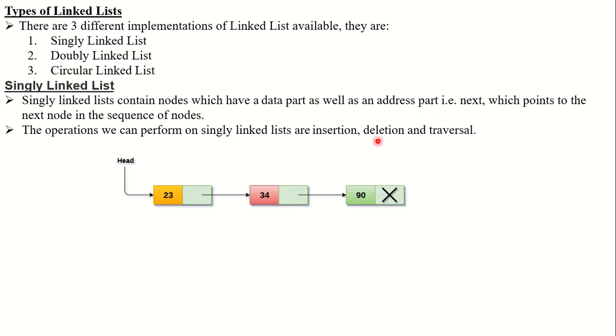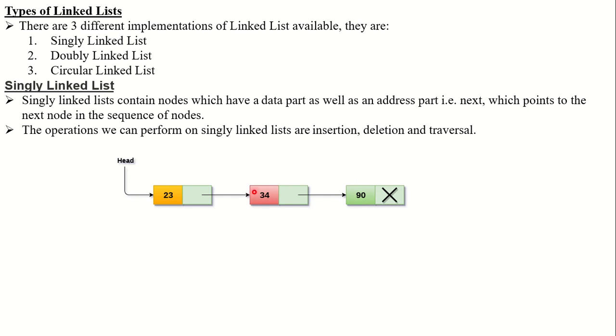While traversing the linked list, we can display the elements of the linked list. Remember, during insertion, we can insert an element at the end, at the starting, or at any middle position. You can also delete a linked list element at the starting as well as the end, and in between nodes. In traversal, we start from the head and go up to the last node.